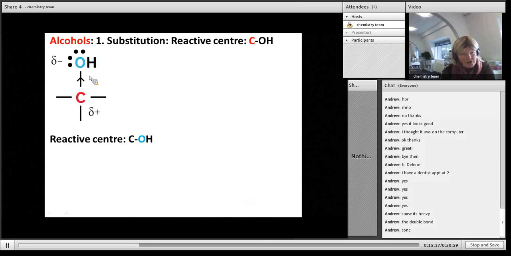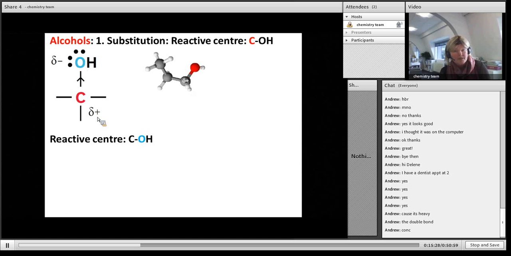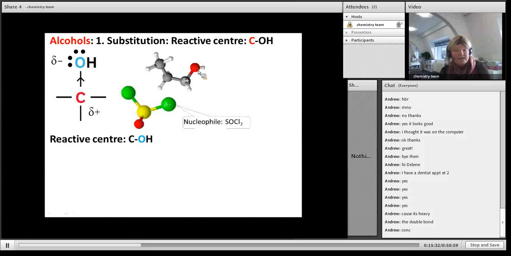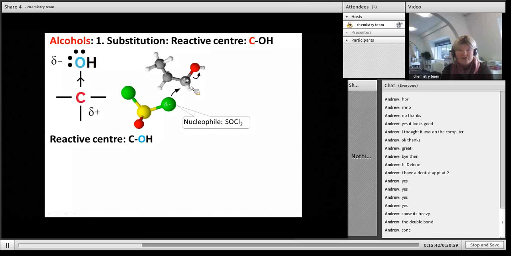I've got an electronegative oxygen taking electron density from the carbon, making it slightly positive, which means I'm going to have nucleophiles attacking. So if there's my slightly positive carbon attached to the hydroxyl group, here's a nucleophile SOCl2, and it's going to attack the positive carbon or slightly positive carbon, and my OH is going to come off as OH minus. What will happen is actually